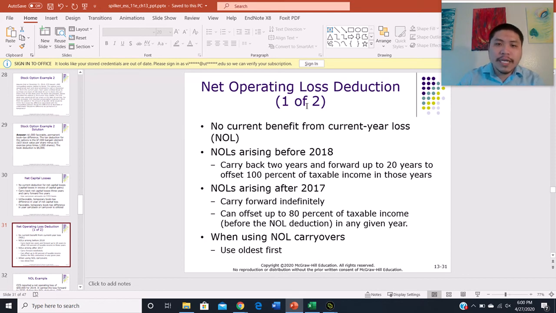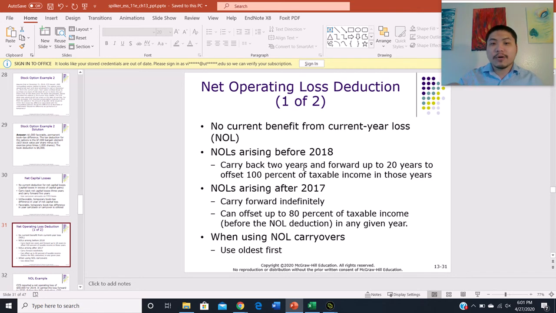So for net operating losses, if there's a loss, the firm cannot deduct it, similar to a net capital loss. If the company has a net operating loss, they cannot deduct it for the current year, the year that they have the loss, right? But the loss can be carried forward. So before 2018, if the net operating loss happened before 2018, let's say, then the company can carry back the net operating loss for 2 years, then carry forward the net operating loss